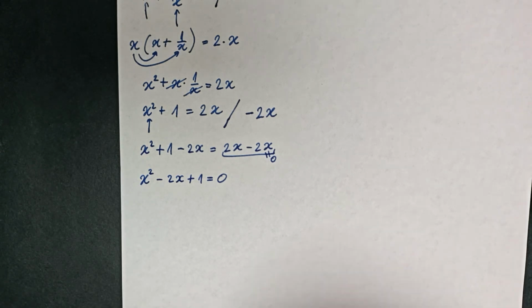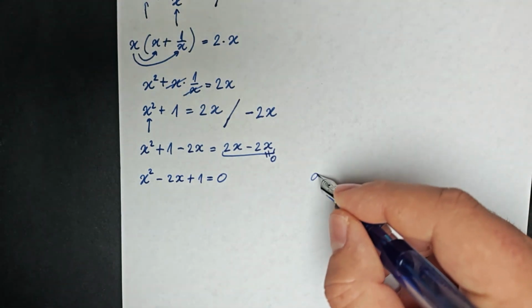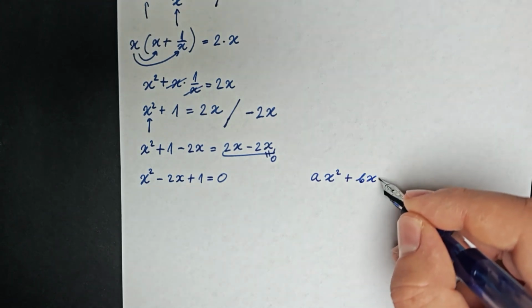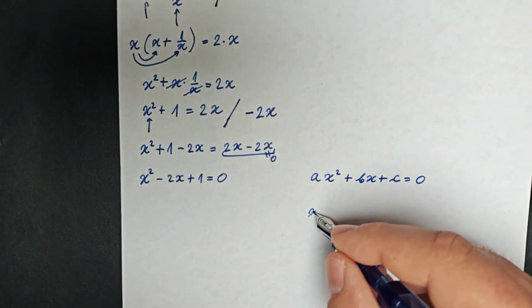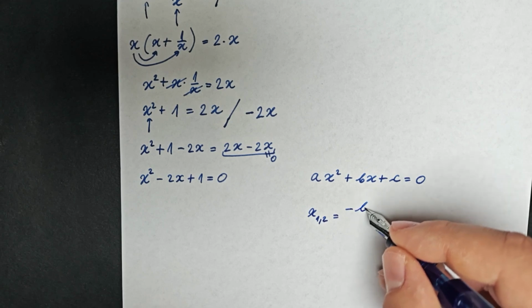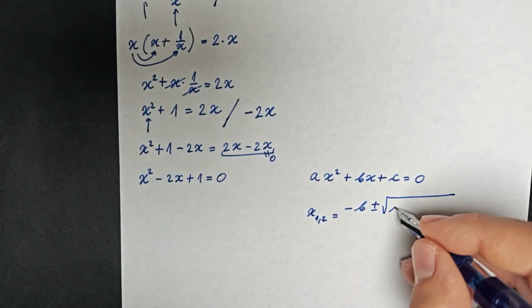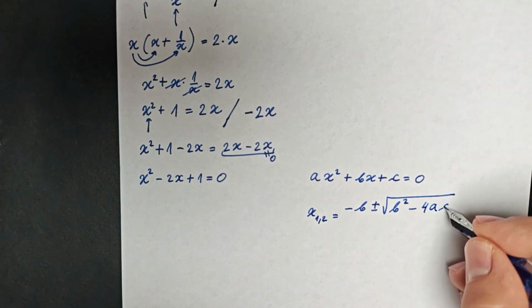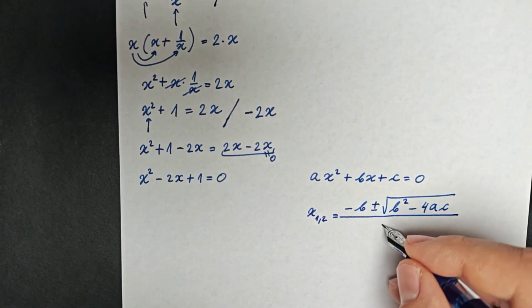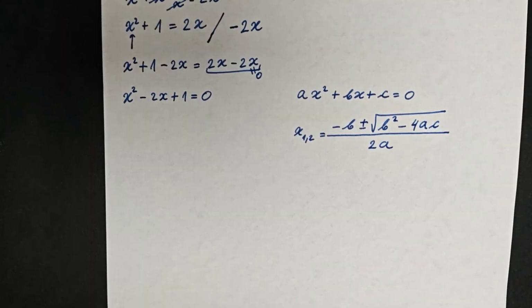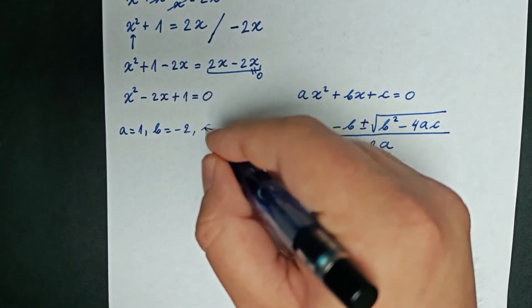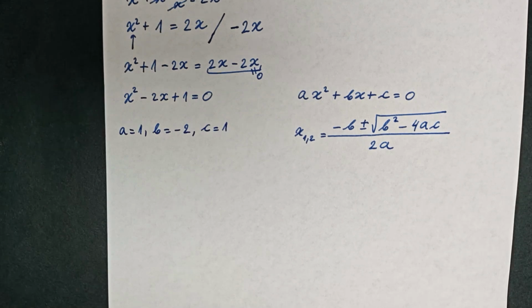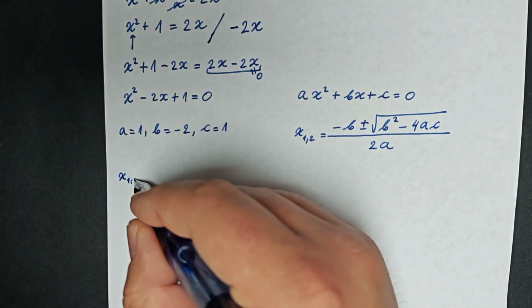Remember that the quadratic formula solves the quadratic equation ax squared plus bx plus c is equal to 0. The solutions are given in the form x1 or 2 is equal to negative b plus or minus the square root of b squared minus 4ac, and everything is going to be divided by 2a. For our case, you see that a is equal to 1, b is equal to negative 2, and c is equal to 1. And when we plug those values in the quadratic formula, we get that x1 or 2 is